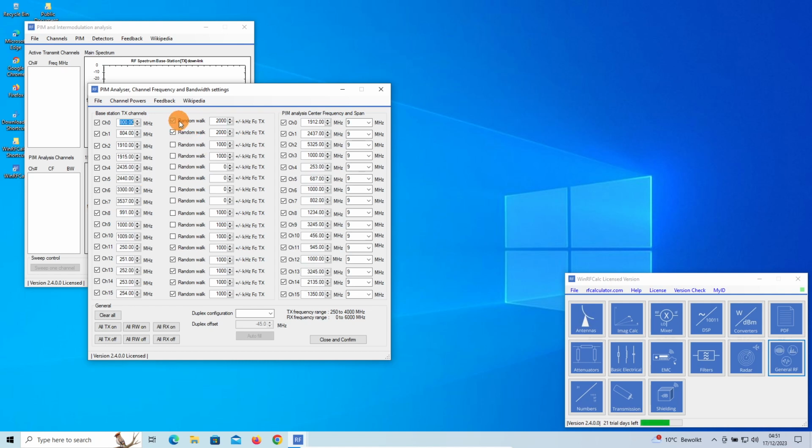So each channel can be more or less modulated with what we call a random walk. This frequency here, 800 megahertz, has a possible variation of plus or minus 2 megahertz. So the frequency will vary between 802 as maximum and 798 as minimum.